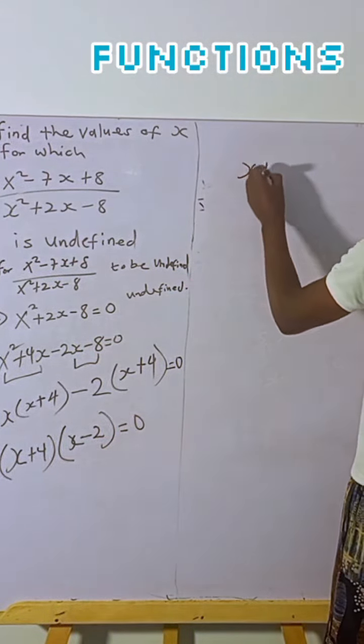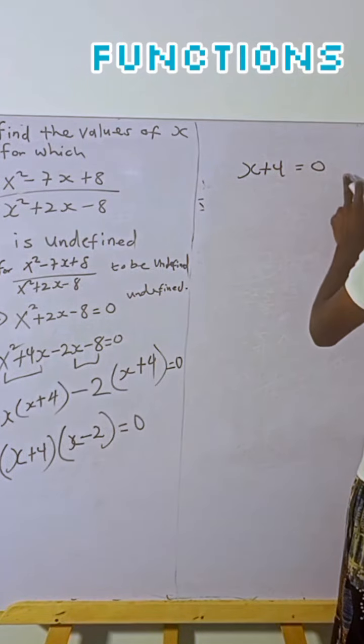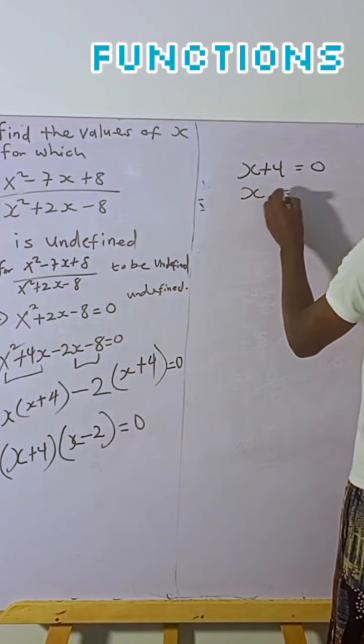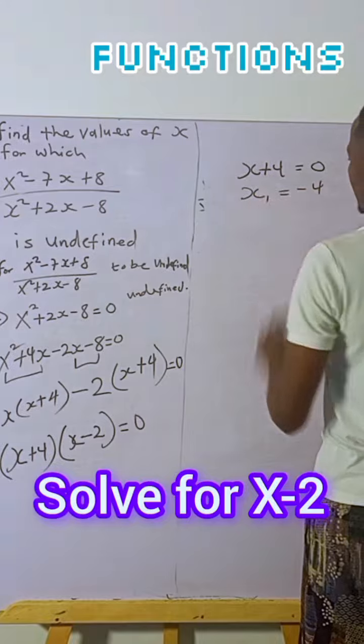So we equate the first one to 0, this value goes to the other side, which means that x is equal to negative 4. So let's assume this is x1. Then the next one,